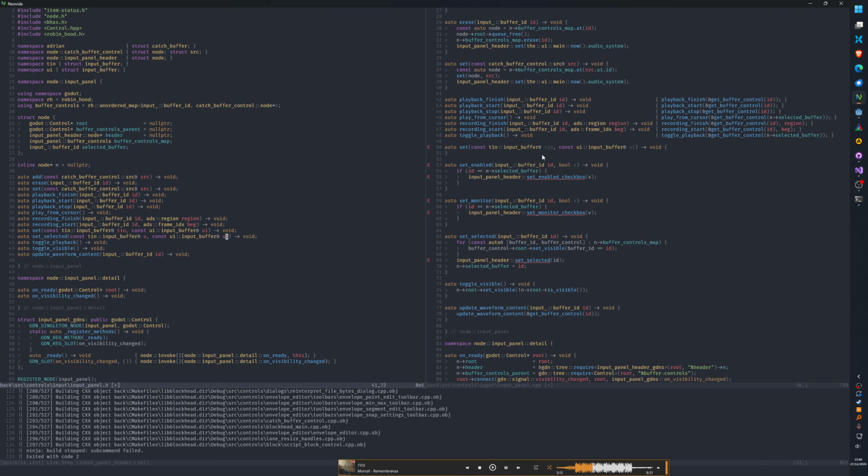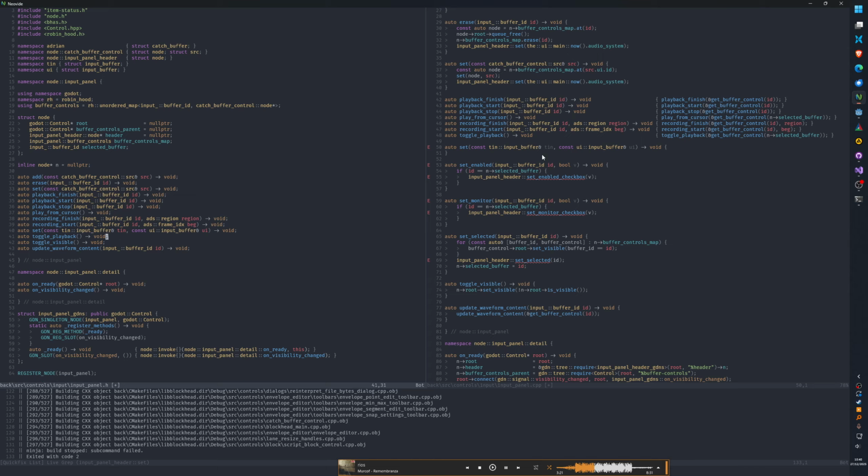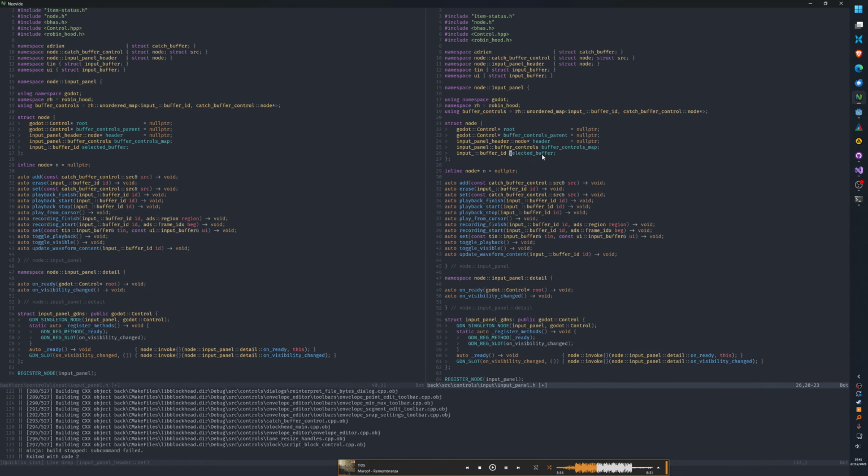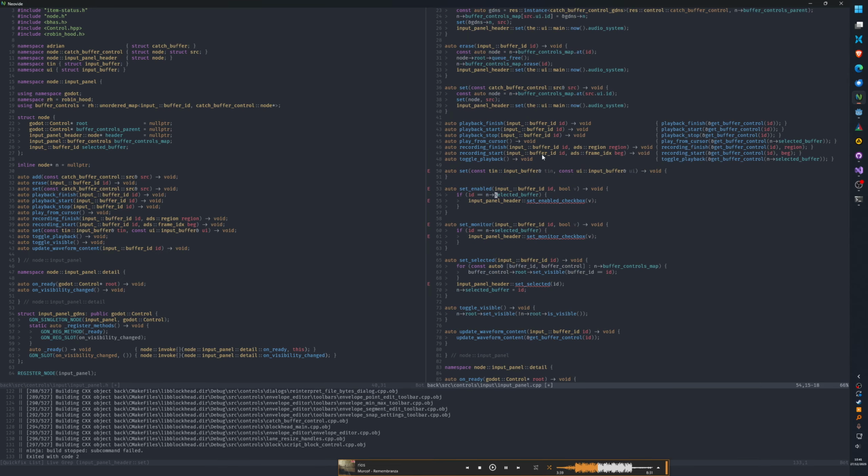No, these should be the same function. The input panel header only ever shows the selected buffer anyway, so just say set. Yeah, that makes sense. If that's the case, then why do I have this variable? Oh, no, that is, oh, yeah.